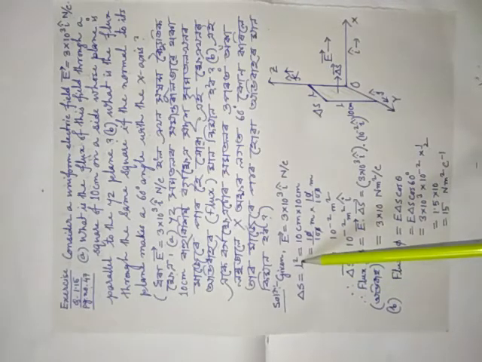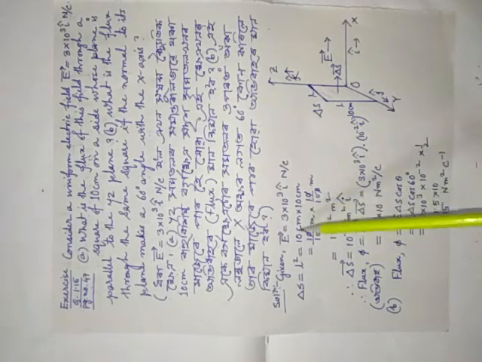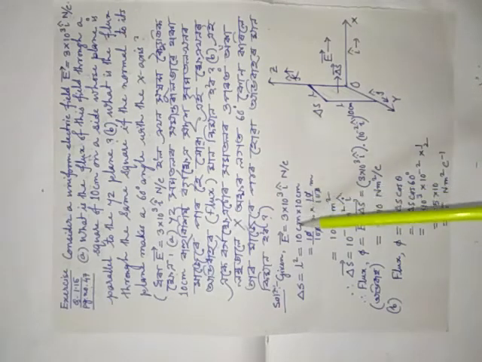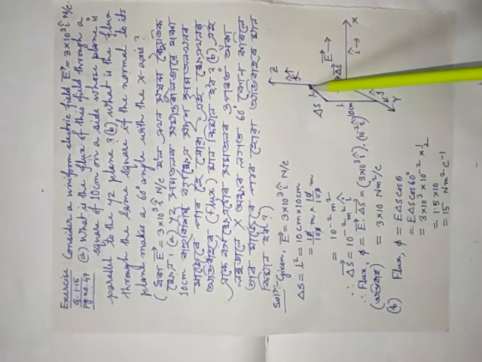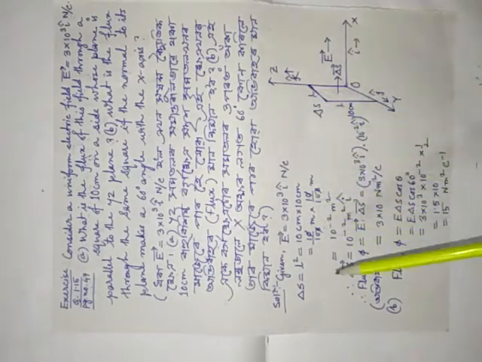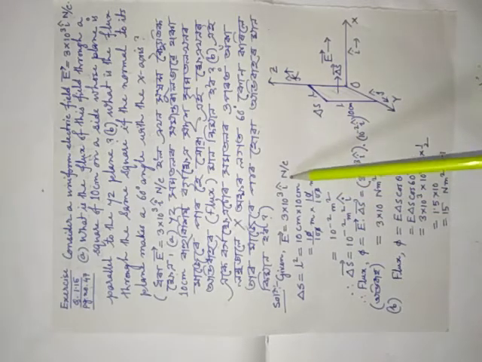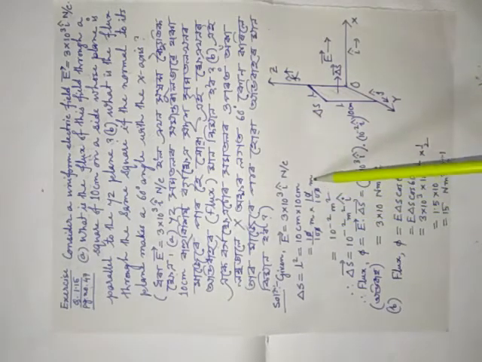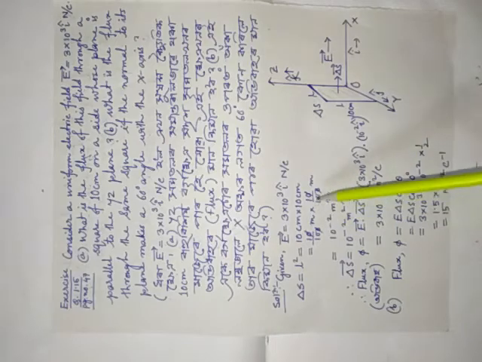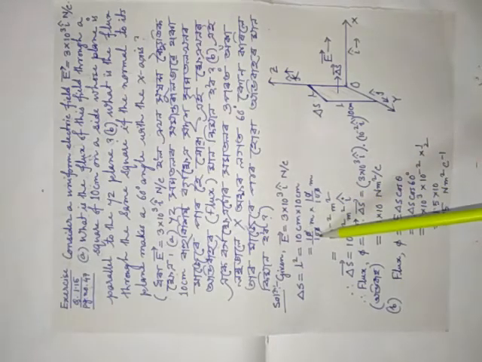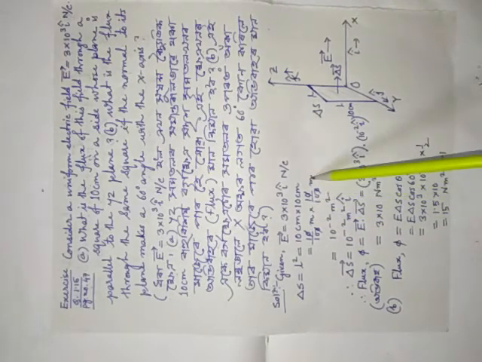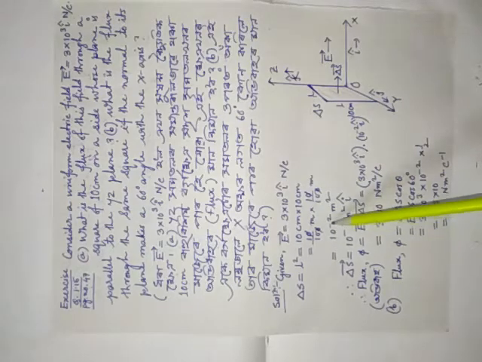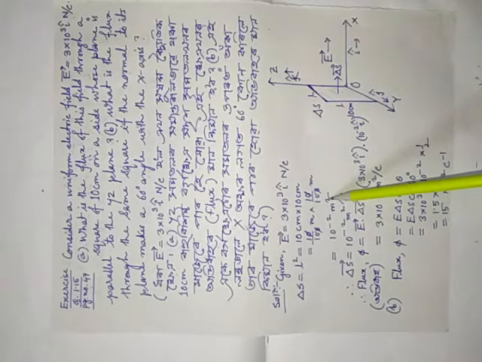Now see, first of all we have to calculate delta S equal to L square. L square means you can write L into L. That means 10 centimeter into 10 centimeter. One side is 10 centimeter, this is also 10 centimeter, and this is also 10 centimeter. Since the units are given in SI, we have to convert centimeter into meter. 10 divided by 100 meter, and you will get 10 to the power minus 2 meter square.